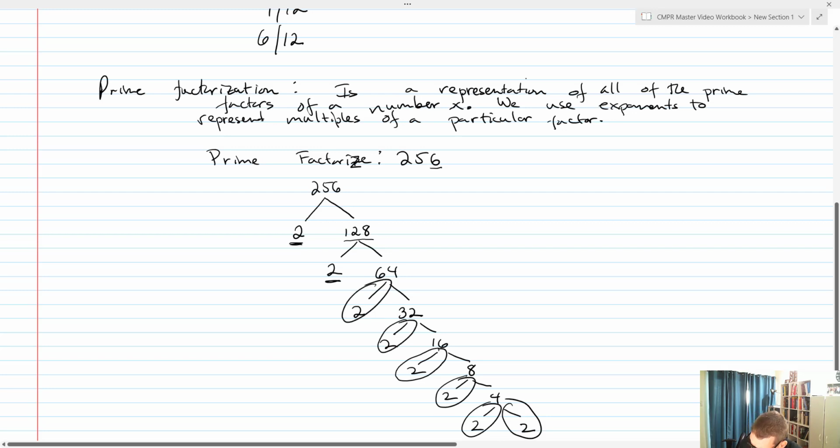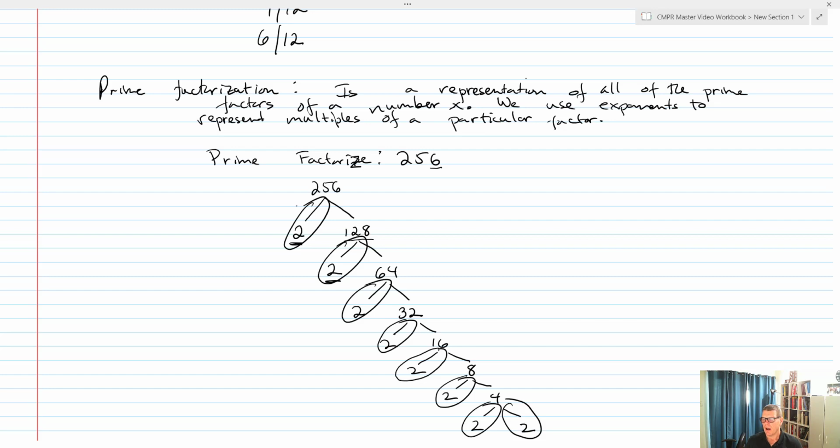So there are all of our prime factors. We created a factor tree to demonstrate all the different factors of 256. Now, for my prime factorization, 256 is going to equal, I'm going to multiply